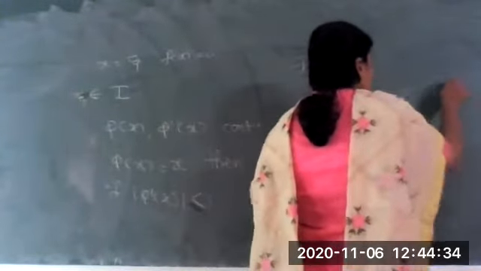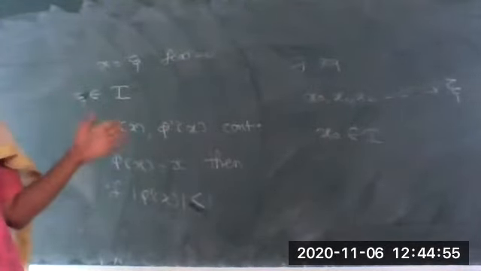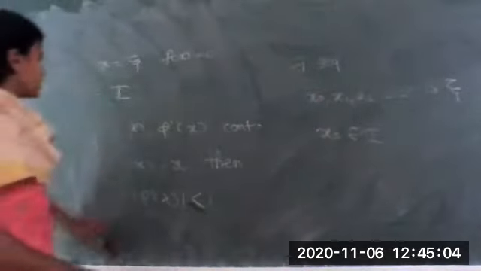That means this sequence will converge to the root zeta. Those who remember, or those who have solved the example, can see that after some iteration, that is after x5 or x6, x7, we reach very near to our root zeta. So here also we will perform n or n plus 1 iterations, so that we get a sequence of roots that converge to the exact root of our equation, zeta. Okay, so let us go for the theorem one by one.